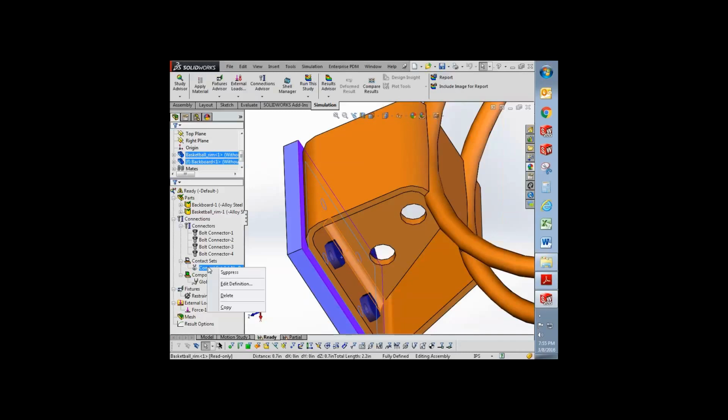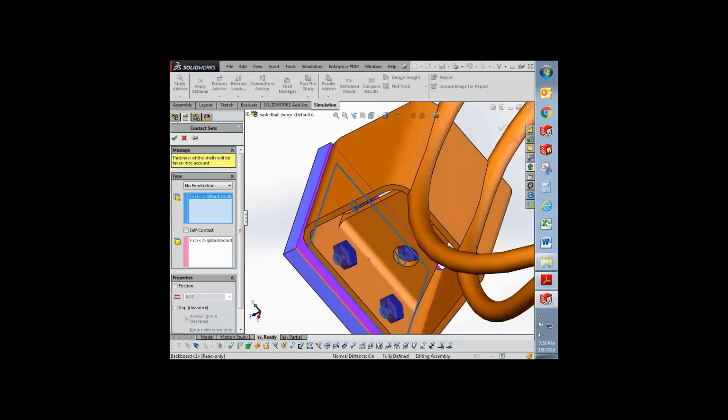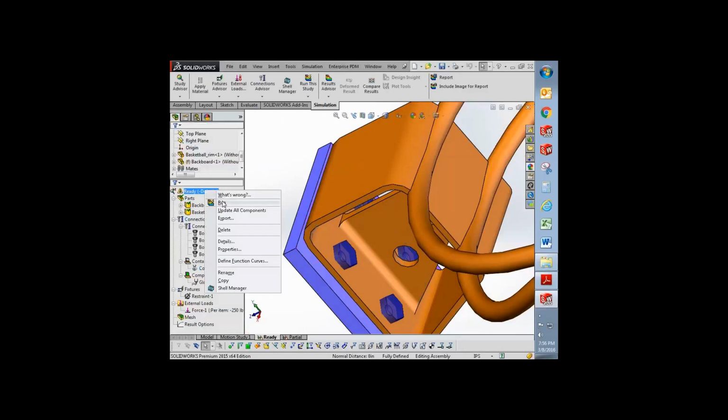Once you put contact, the stresses might go up because that's what's happening in real life. So for creating the contacts, you would say, I'm creating a sliding contact between these two faces, where the two parts come in touch where the bolt connector is. So when you run the analysis,